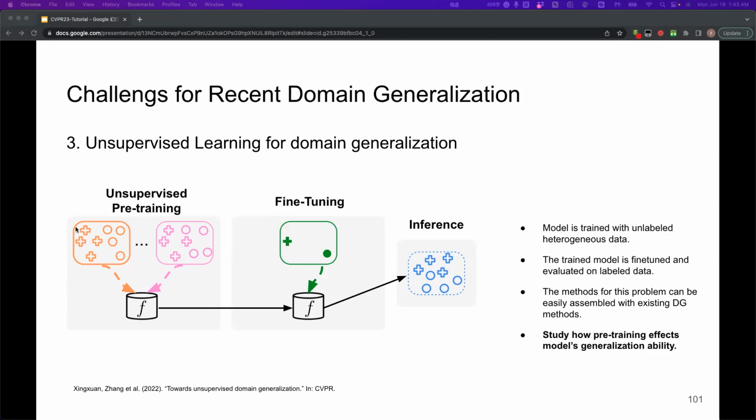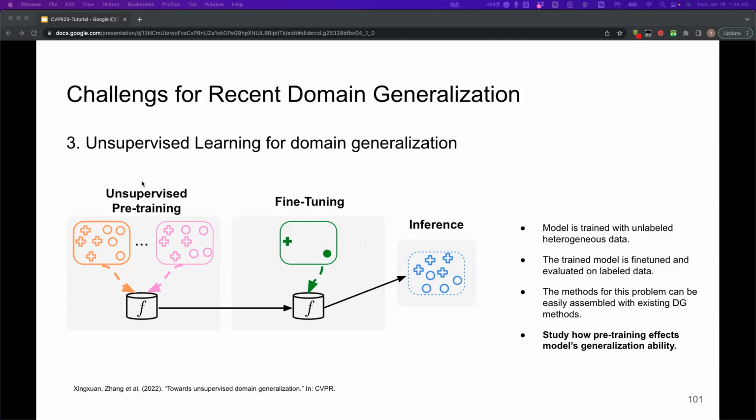Here, first, they have multiple unlabeled multi-source domains, and they still have some labeled dataset. Maybe this labeled dataset shares the same distribution or a different distribution from the unlabeled multi-source domains, but this few-shot labeled dataset and the multi-source dataset will have a different distribution from the unseen target domain, while the labeled dataset will have the same label space as the unseen target dataset. So the whole